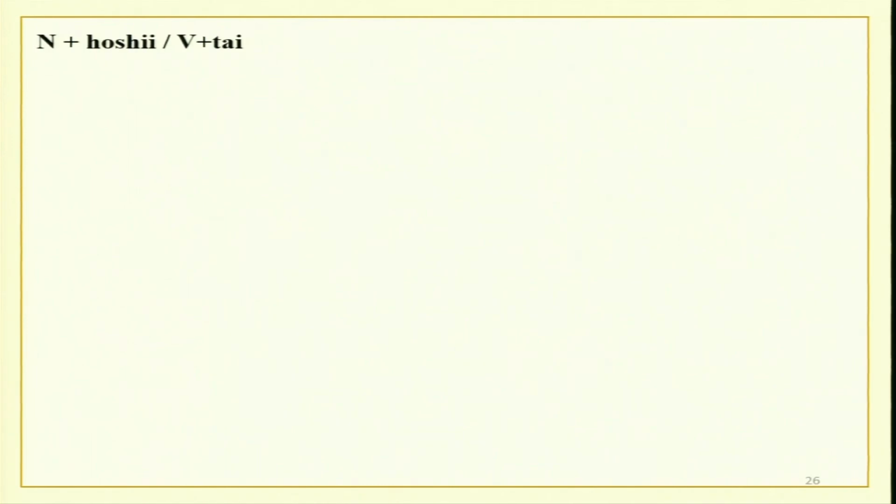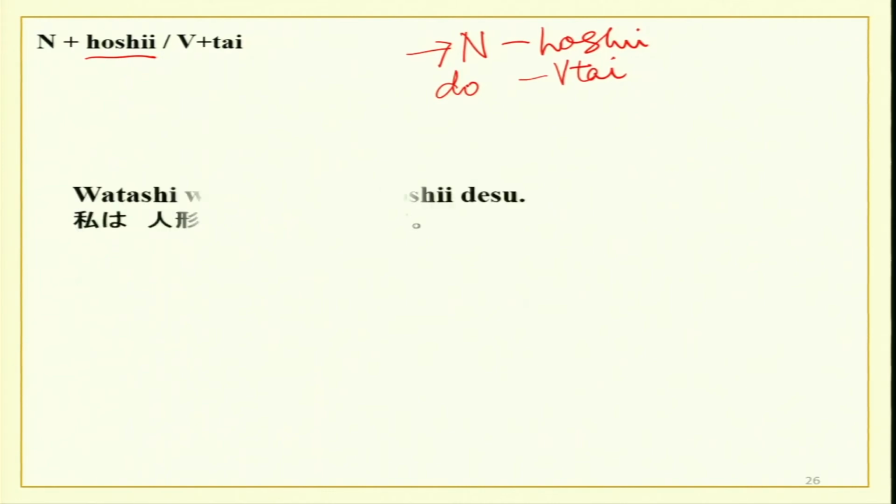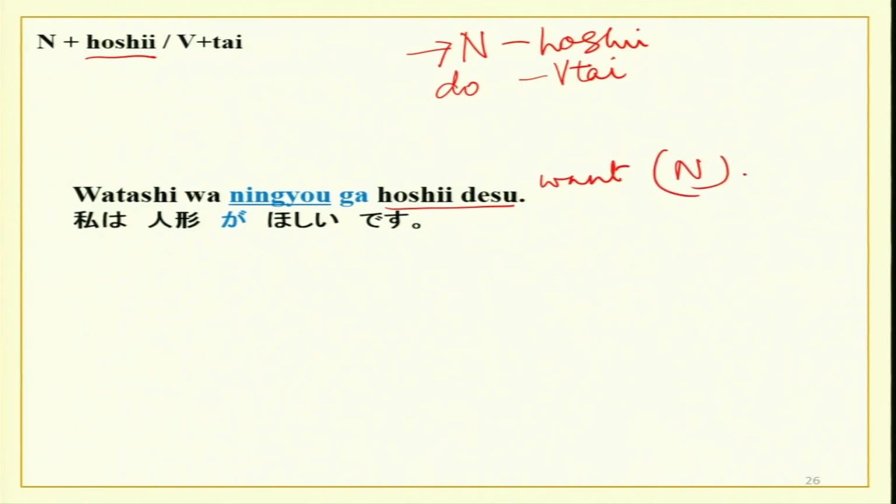Now, we have done Hoshi just now in our previous slides. So, you have done another very similar thing with a verb. Hoshi is with noun, you want something, and tai form of the verb is when you want to do something. For example, watashi wa ningyō ga hoshii desu. I want a doll, noun. Ningyō is doll,